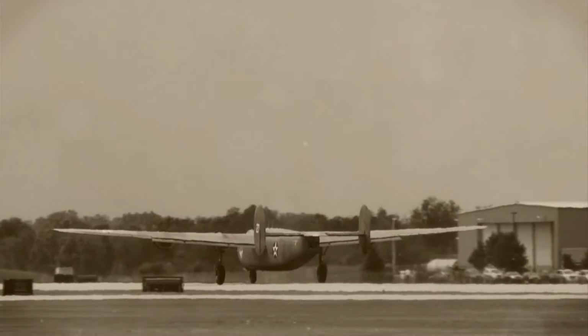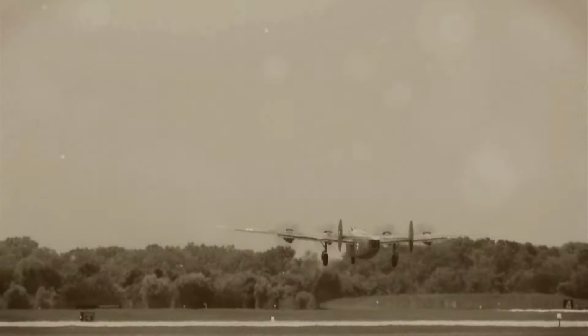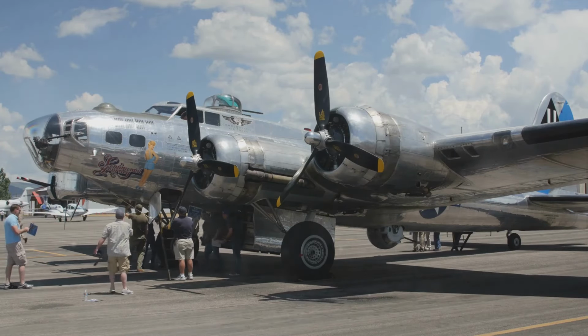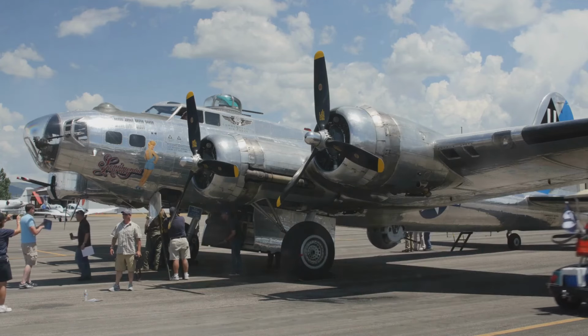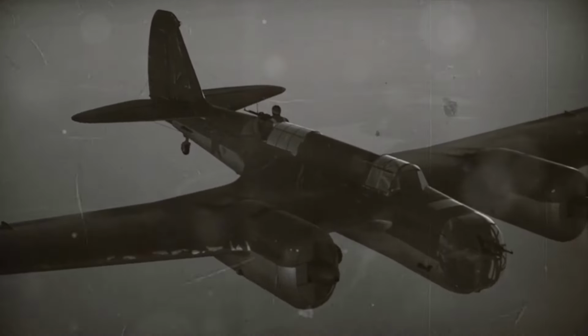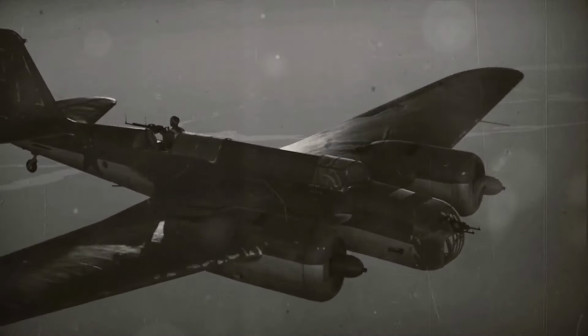Germany. Now let's turn our attention to the Consolidated B-24 Liberator. This heavy bomber, the brainchild of Consolidated Aircraft, was renowned for its incredible range and load capabilities. With its distinctive twin tail fins and high-mounted Davis wing, the B-24 could carry a hefty payload and cover great distances. Its range was a game-changer, enabling it to penetrate deep into enemy territory, delivering destructive blows before the enemy